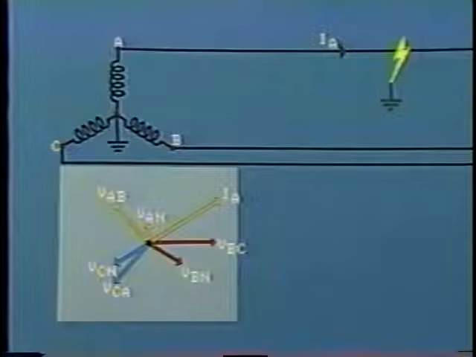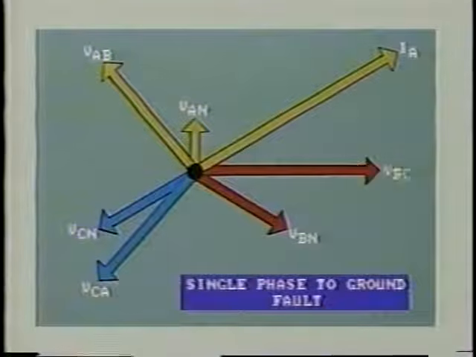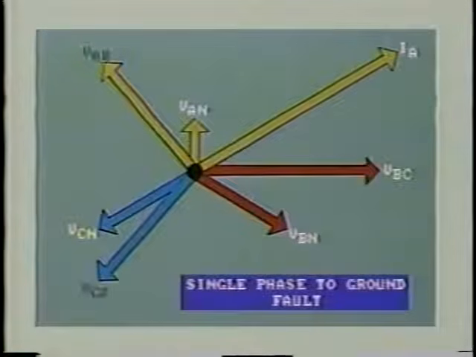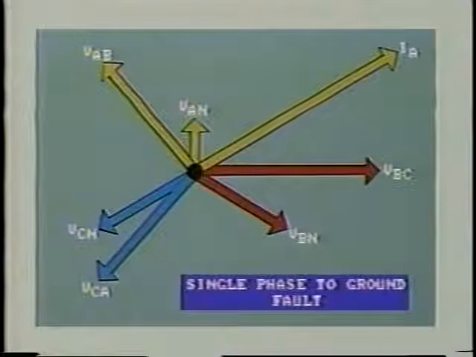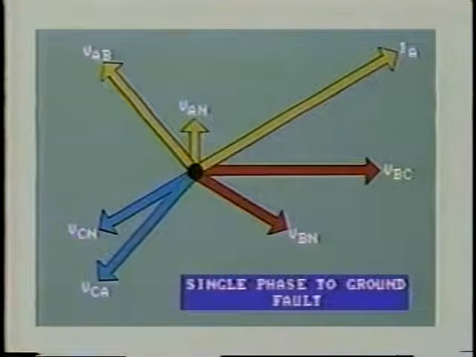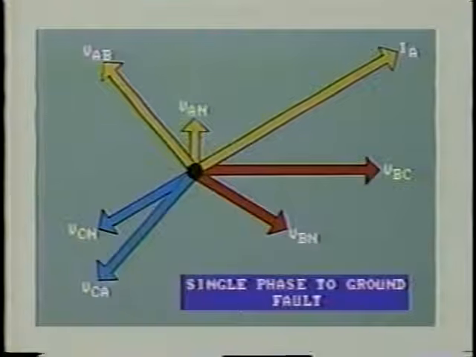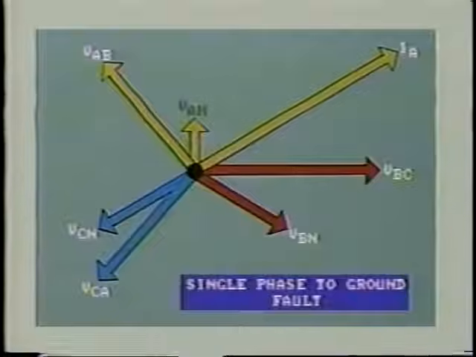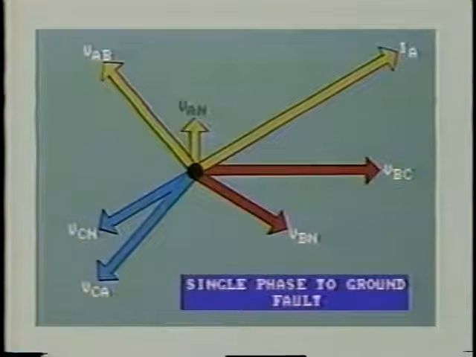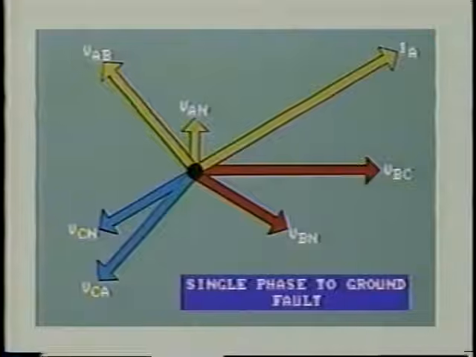Now here we see the conditions at the fault location for a ground fault on line A. The voltage between lines B and C remains normal, as do also the line B to ground and line C to ground. This is not so for line A to B and line C to A. In both cases, the voltage is reduced due to the fault on phase A. The voltage between line A and ground is drastically reduced. It could fall to 0 if the fault impedance is 0, but usually ground faults do contain some resistance, and